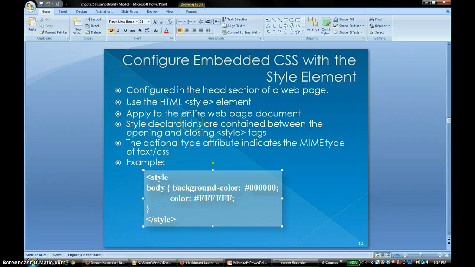So the styles that you put in the embedded CSS within the style tag would be applied to the entire page document. For example, if you have a rule for an H1 tag, say the color should be red, the background color should be blue, any H1 tag you have in your web page will have the same styling. If you want to override what was in the embedded,